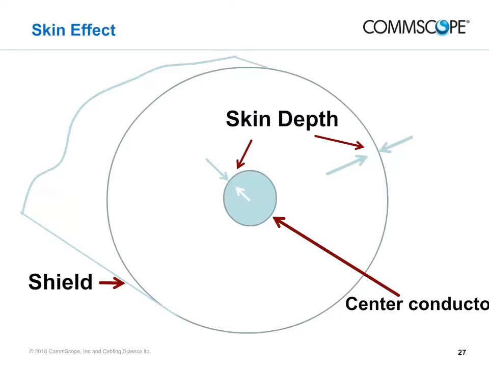Skin depth is inversely proportional to the square root of the frequency of the current being transmitted. Over a typical downstream frequency range of 54 to 750 MHz, the skin depth in copper will vary from 3500 thousandths of an inch to 900 thousandths of an inch, and will increase to 12 ten-thousandths of an inch at 5 MHz. Conductive losses are the main source of cable attenuation, and skin depth has a profound effect upon conductance